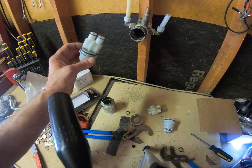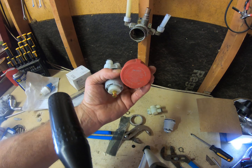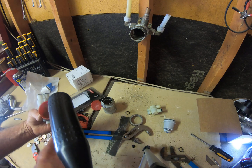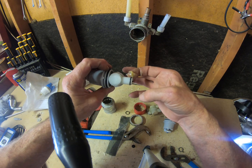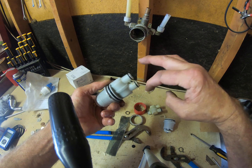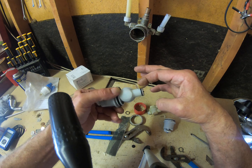Do not put this in dry. Use a little bit of this Pasco plumber's grease. Don't want much on it, just enough to lubricate these seals. So we're going to go like this a little bit here. Just enough to lubricate that O-ring. Don't need a big old gob in there. Just enough to,